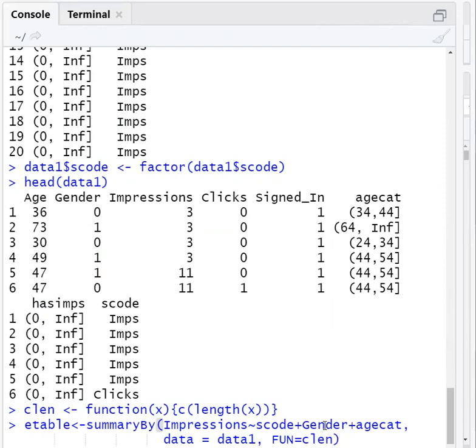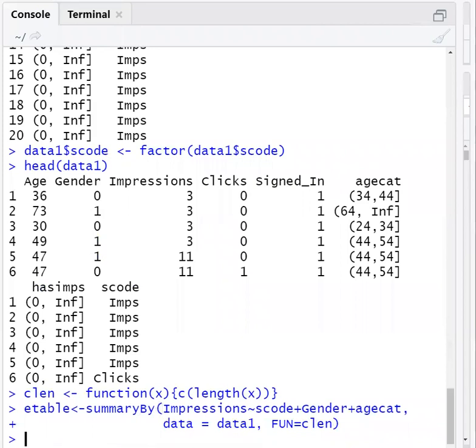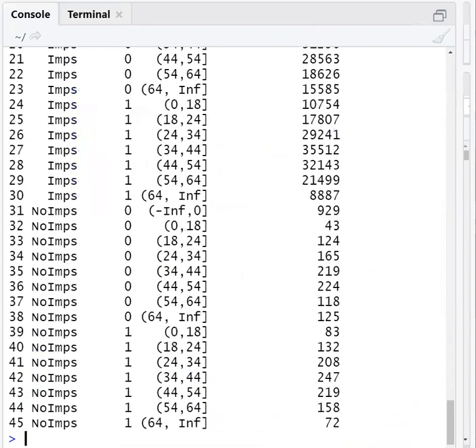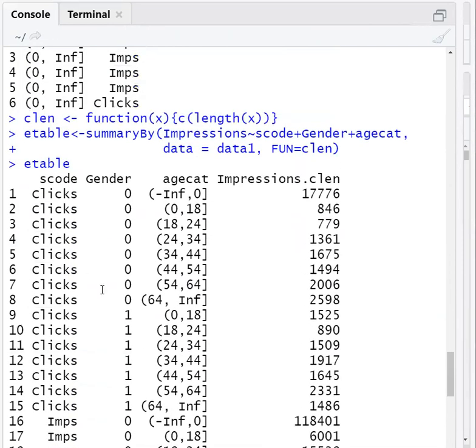Then we are adding gender, age category from data 1, and the function we are calling is the length. So this indicates a table. We can print the table. So S code is there, gender, then age category, then length, impressions, the number of impressions.